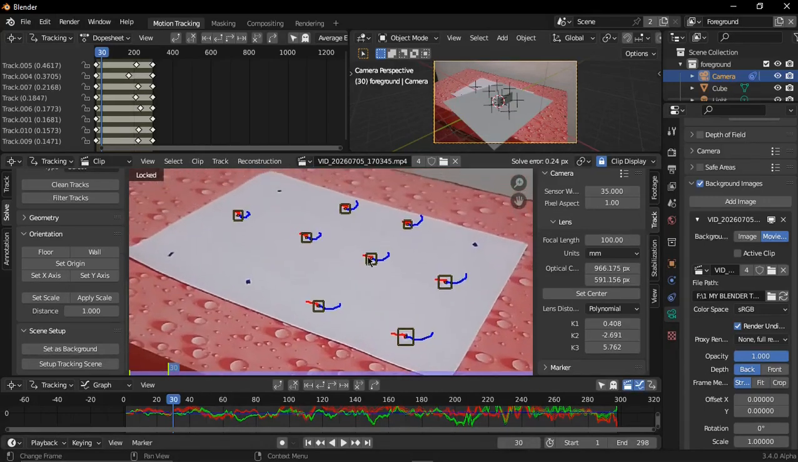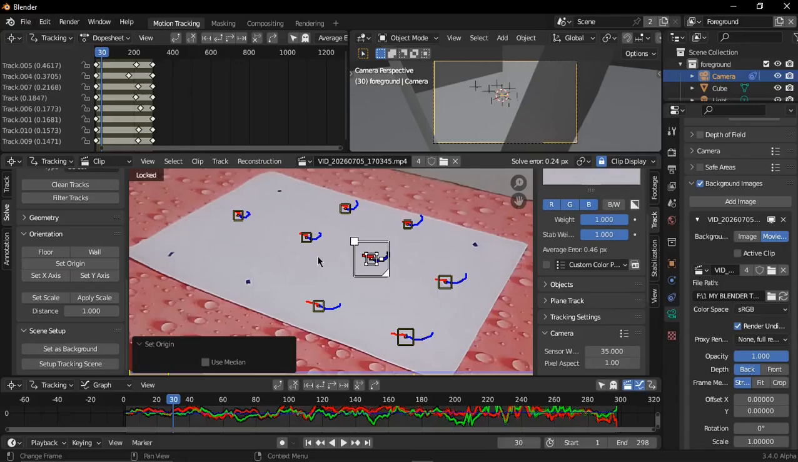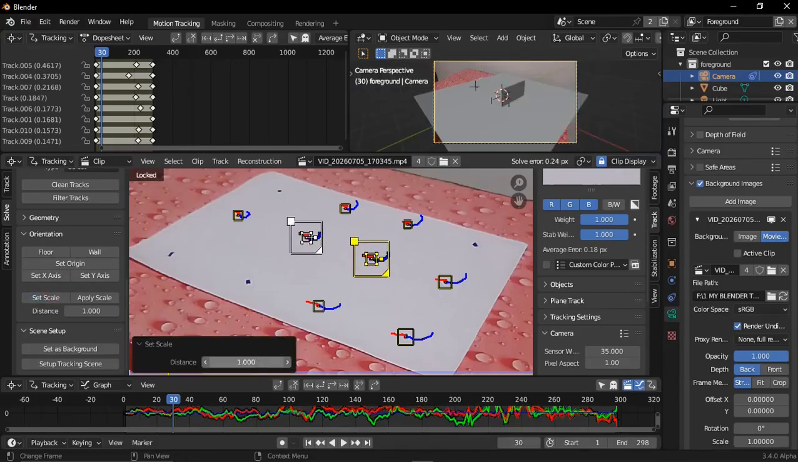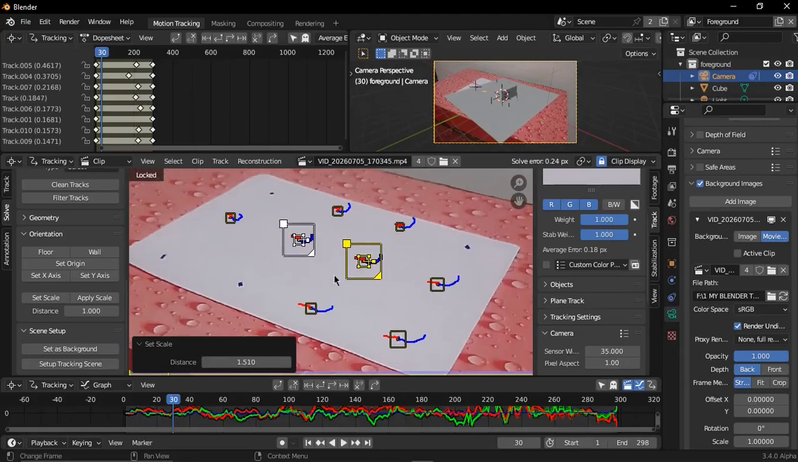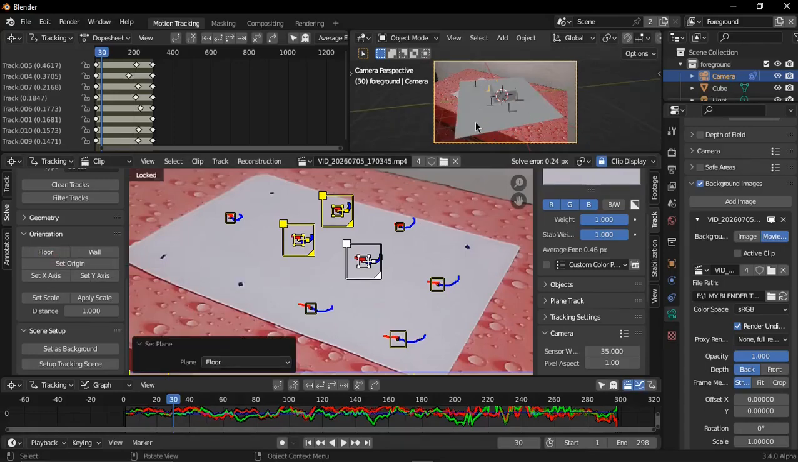and select this one track and Orientation and Set Origin and select this track and Set Scale down, very good, and select 3 tracks for floor and click Floor, very good,